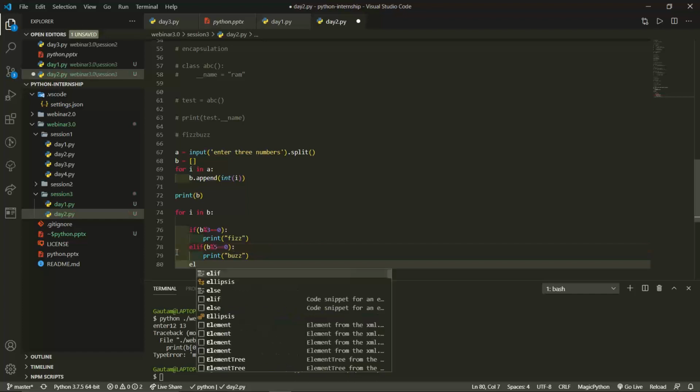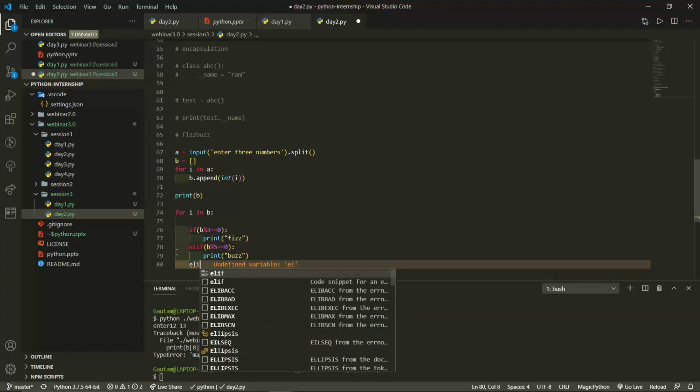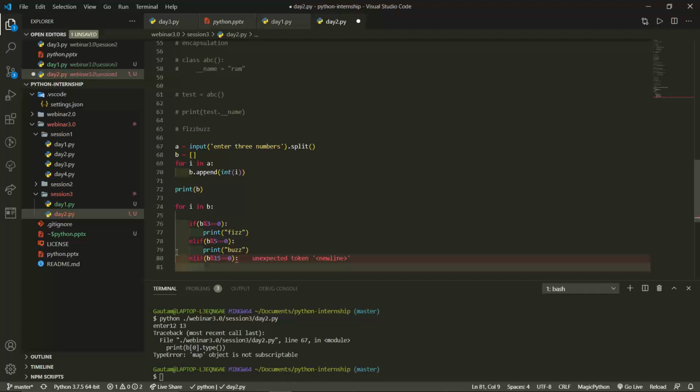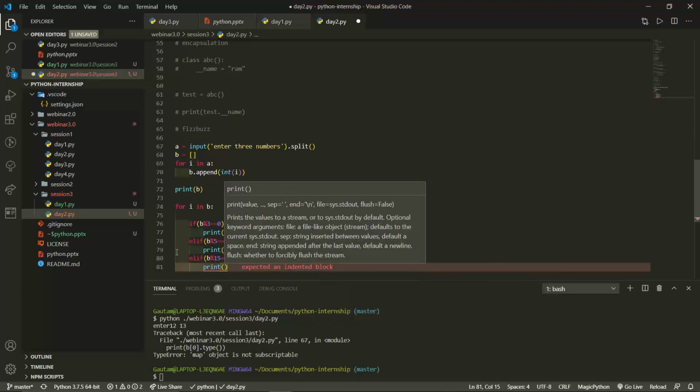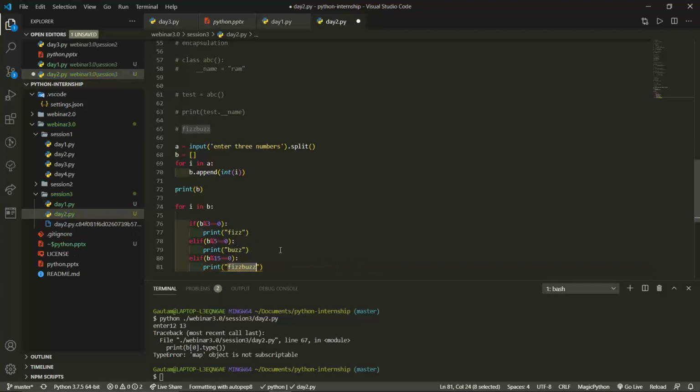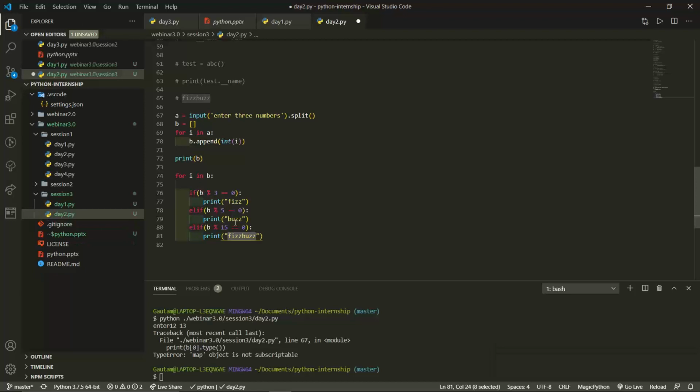And at last I will put on else elif, that is better, elif B mod 15 equals to 0, then I want to print fizz buzz. Now this is what we are thinking of doing right over here, I and B, and now we're getting all the data and we are just printing it. That's it. Okay, so according to us it should work. So we'll just execute this.